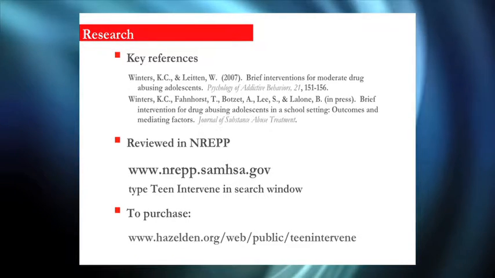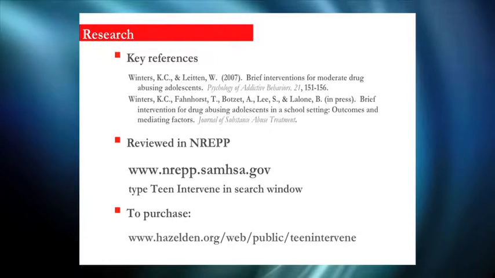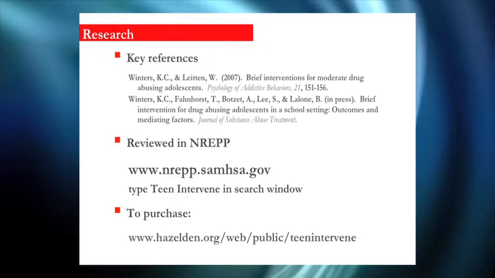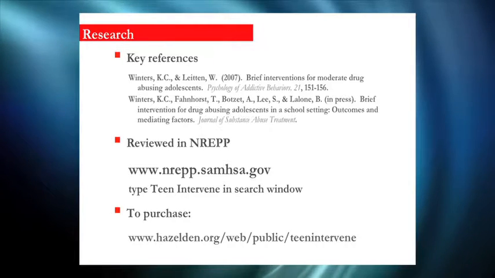But also you can find out about the data by going to NREP. There's the website, NREP, National Registry of Effective Programs and Practices. And you type in Teen Intervene in the search window, and then it'll direct you to the summary page that